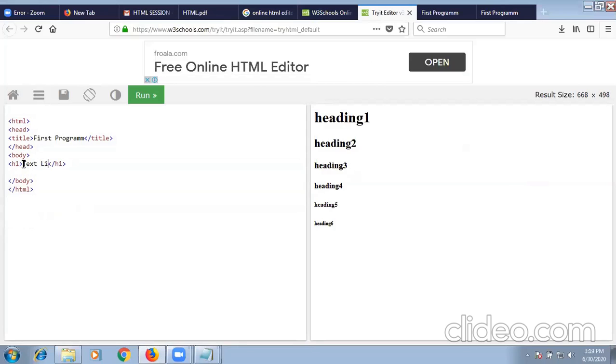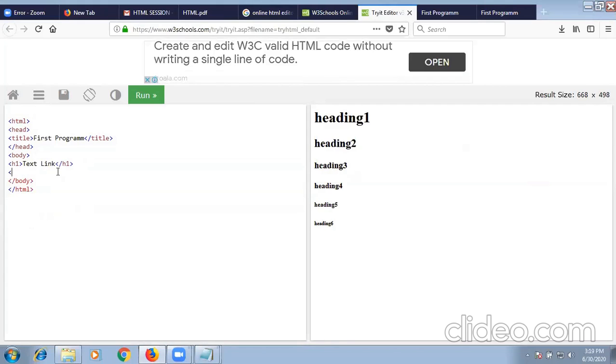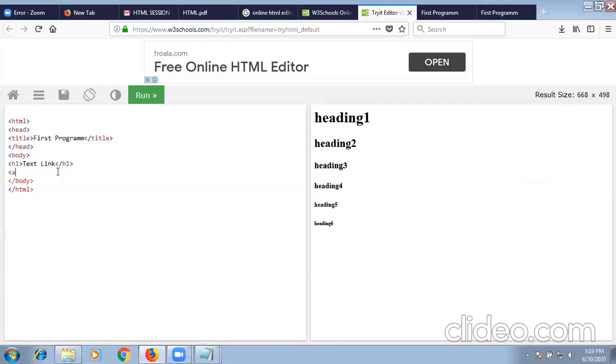So the heading of my document will be text link. For adding a link to the document, which tag do we have to use? We have to use the anchor tag, that is A. Which attribute do we have to use? That is href.